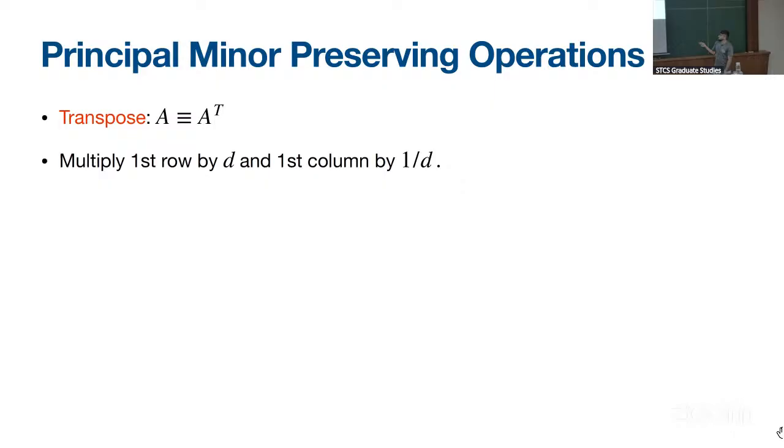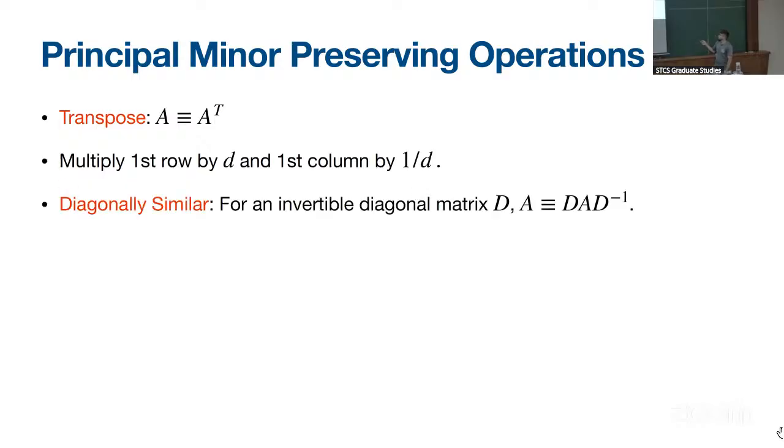Now if we consider the principal submatrices that contain the first row and column, and we expand its determinant using the Laplace formula, then in each term, this d and 1 over d will cancel each other. So that's why they will have the same determinant value. And we can generalize this operation by multiplying A with some invertible diagonal matrix on the left-hand side and multiplying with its inverse on the right-hand side. So here we are multiplying the ith row by the ith diagonal entry of this invertible diagonal matrix D and simultaneously dividing